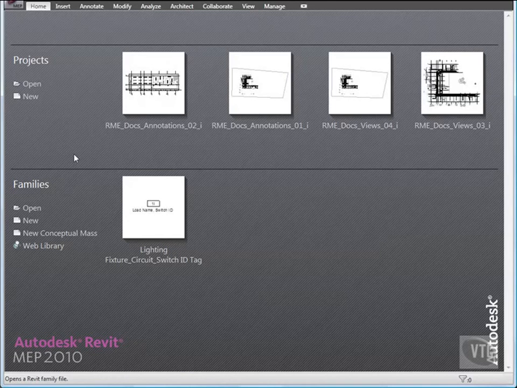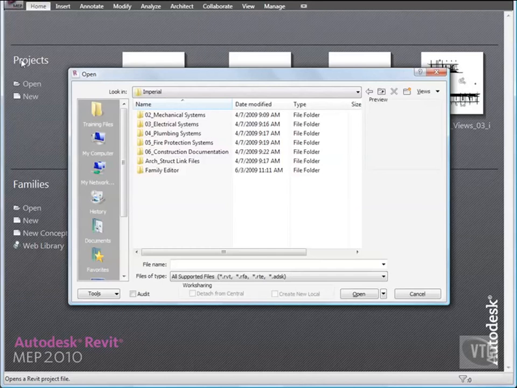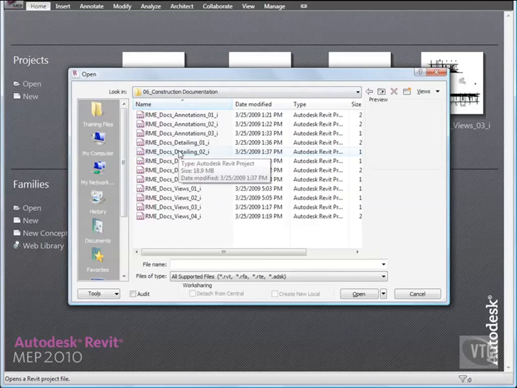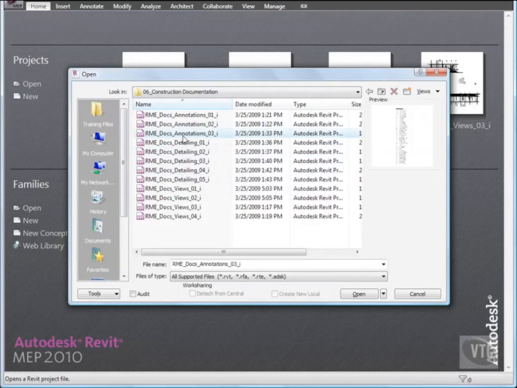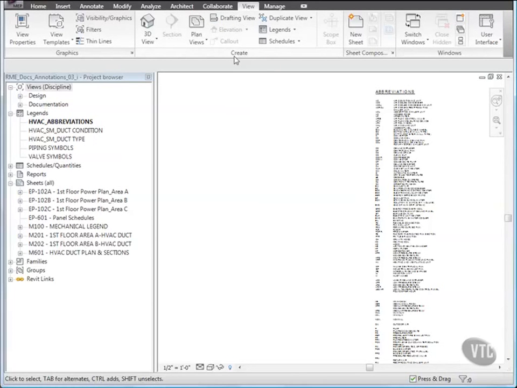In this lesson, you will create an HVAC sheet metal legend using model-based legend components, annotation symbols, line work, and notes. Click the menu browser and select Open, and from the Training Files Imperial Construction Documentation folder, open the file RME Docs Annotations 03. To create a legend view, click the View tab, and from the Create panel, click the Legends drop-down